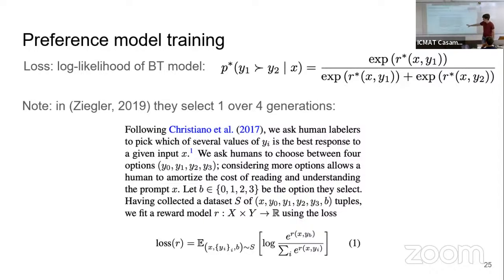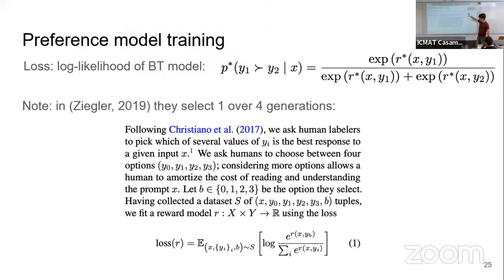But that's the loss function they use in almost every paper, which is the log likelihood of the reward model. There are a lot of research opportunities in changing the loss to other structures. But what you have to recall is that if you collect data, you have to collect it for the appropriate setup, and this is the simplest one for us because you have to just pick one.